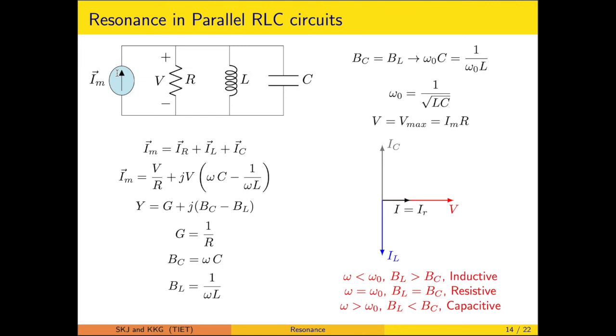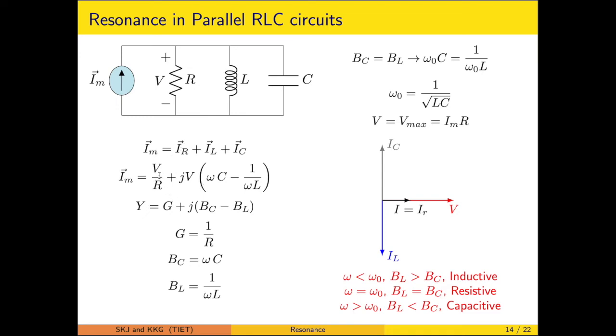You can say, the analogous source transformation aspect, we have to consider it as a current source likewise. Now we will be applying the KCL. So the input current, source current is equal to IR plus IL plus IC. What we have seen is that in case of parallel, the voltage is common. So this particular Im is expressed like this.